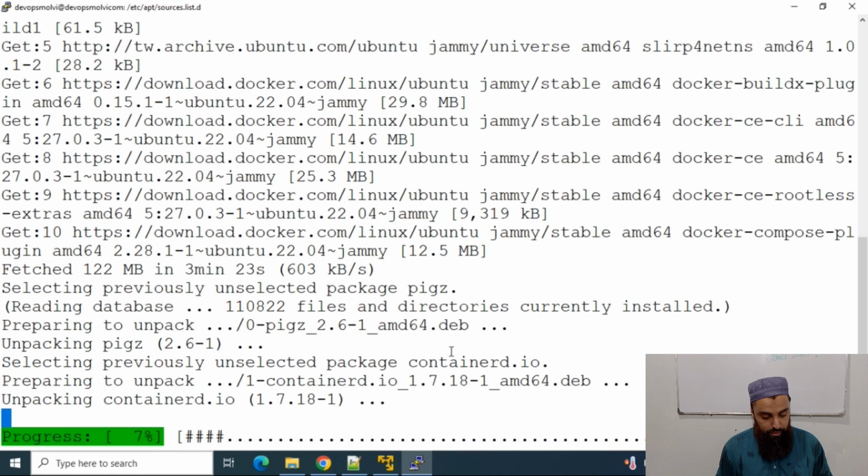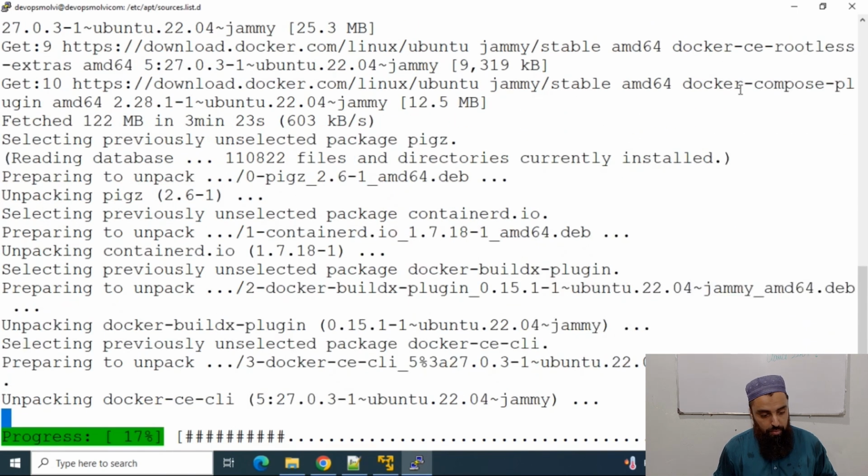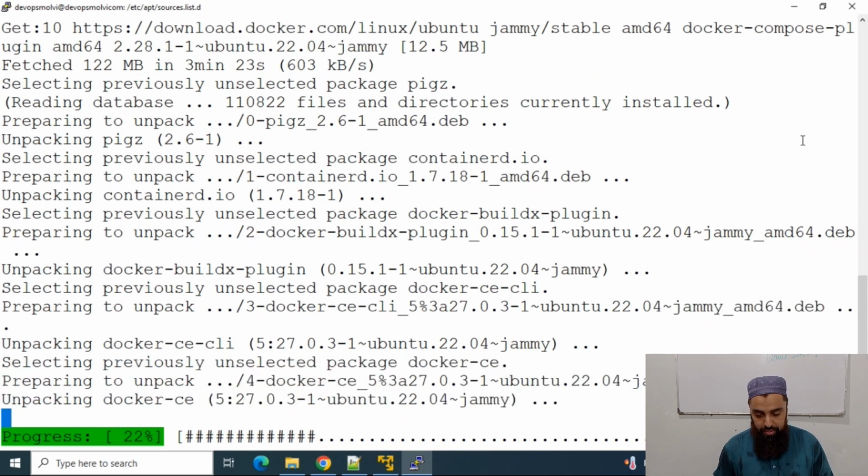Guys, you can see that the installation is now in progress. We have downloaded, you can see the packages downloaded in apt install docker. We can see the docker-ce, and also other tools like CLI, and also compose plugin, and so on. Now it is being installed on our VM,